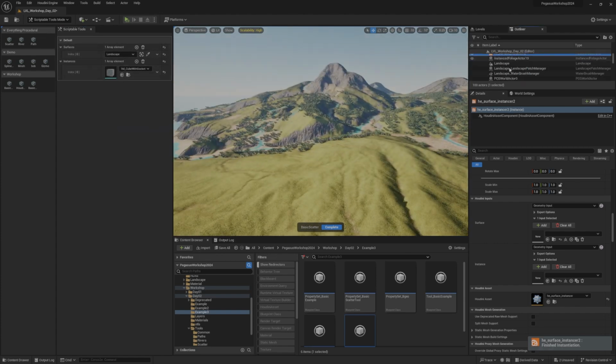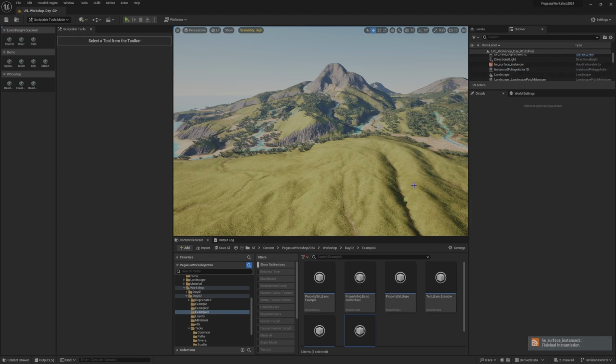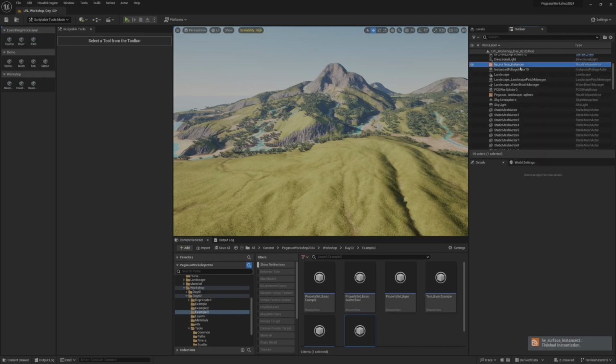But the surface instance, you can see I already ended up in a bit of a mess because I've got these two instances. So I'm not even sure which one is the correct one. I think it's surface instancer 2. We can see that those inputs are not being updated. And that's just because we haven't defined when they should update. So I'm going to close the tool and I'm going to delete that sort of floating surface instancer, which shouldn't